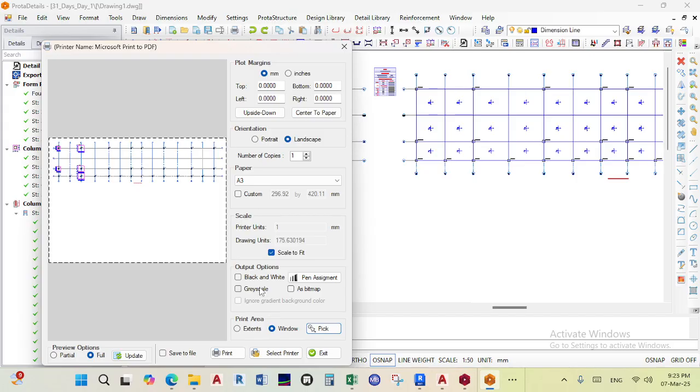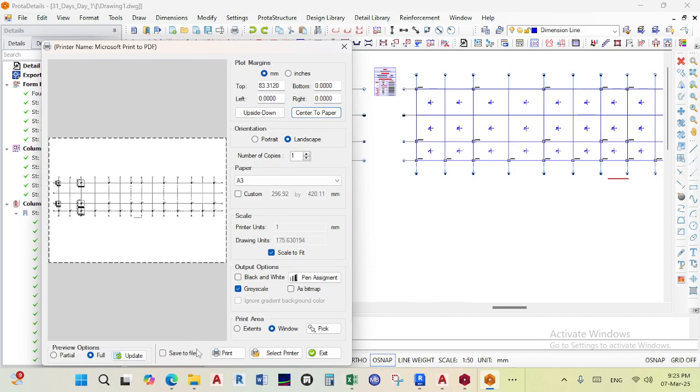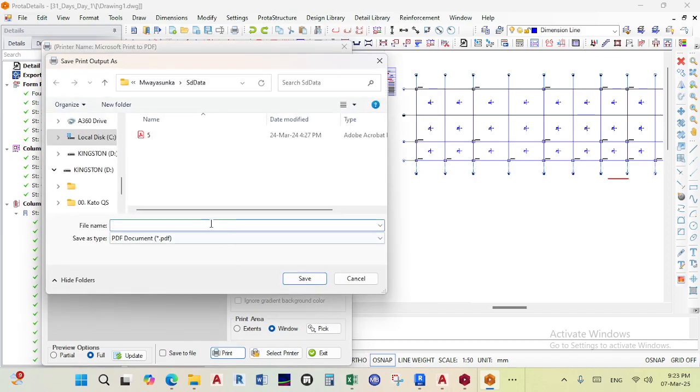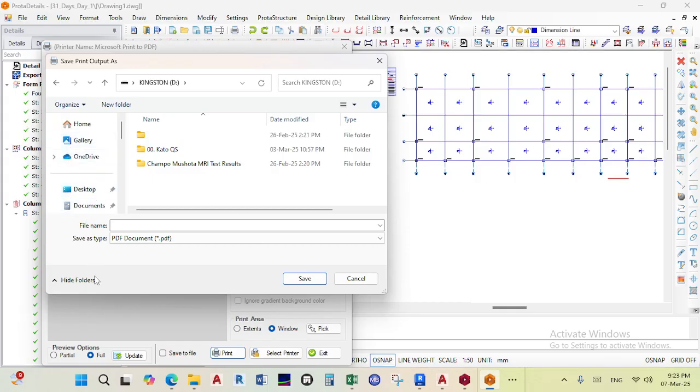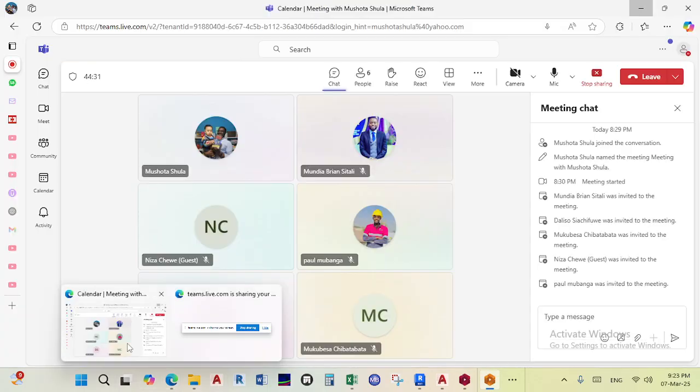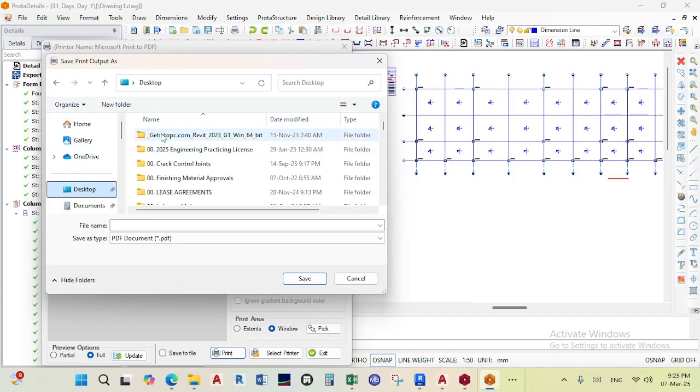And then you can either print in grayscale, meaning just black and white, and then you can also, I think you can put it on the center to paper, like that. It will sit there. And then when you click on print, you can select where you want the destination folder. For me, all of these files I've been putting on the desktop,